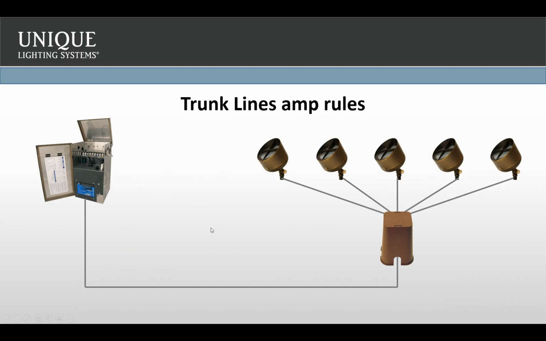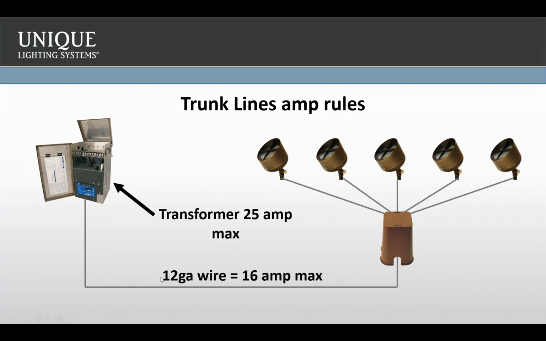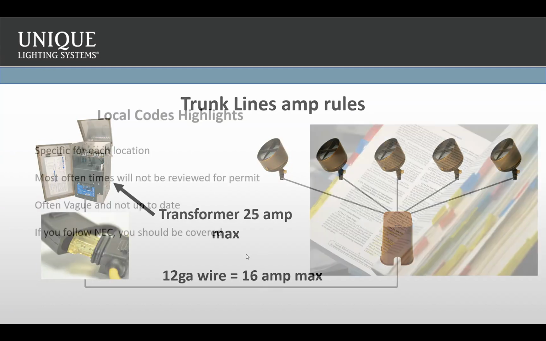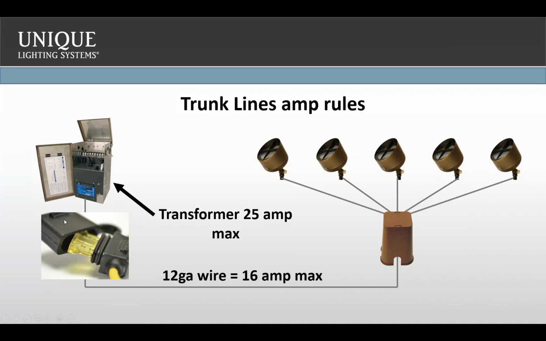So here's the example I was talking about, the trunk line rule. If your transformer is maxed at 25 amps and your 12 gauge wire, as we just discussed, is maxed out at 16 amps, I need to make sure I've got a fuse in the line right there. I've seen this